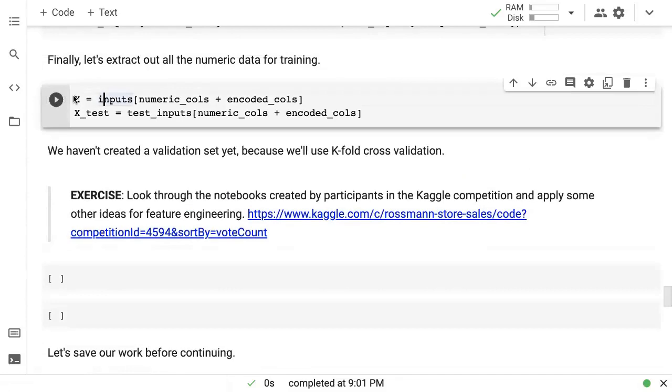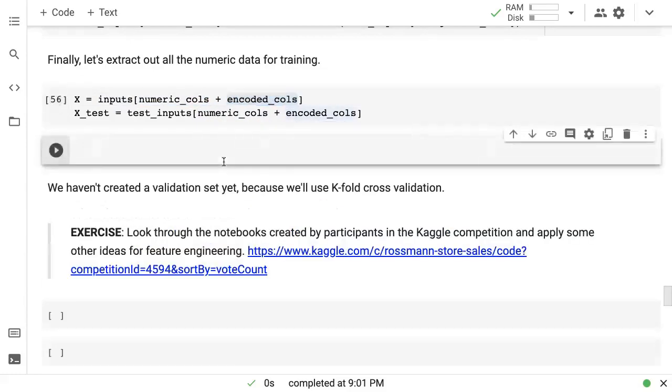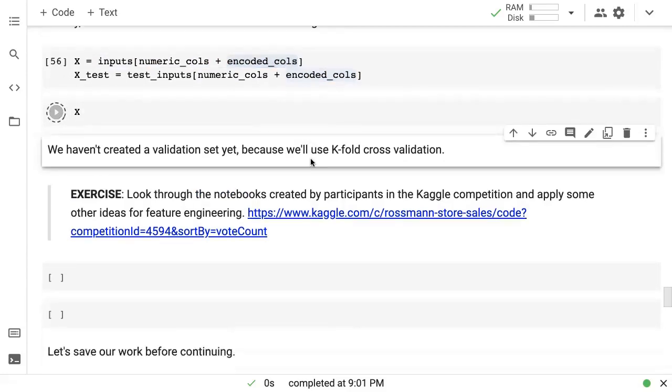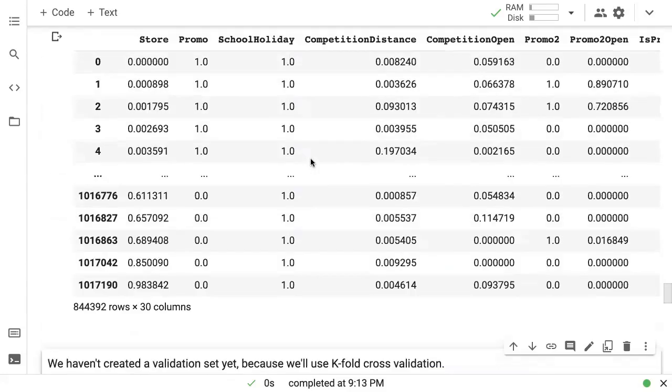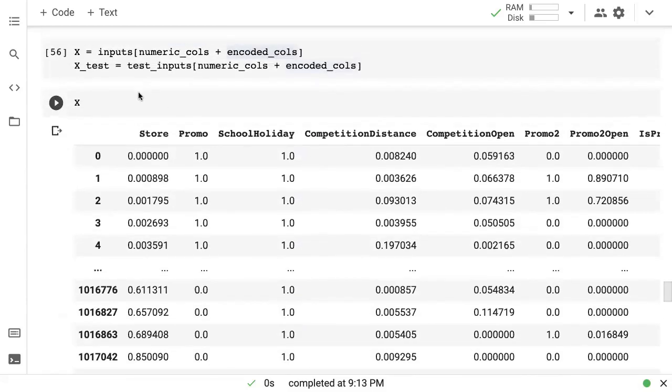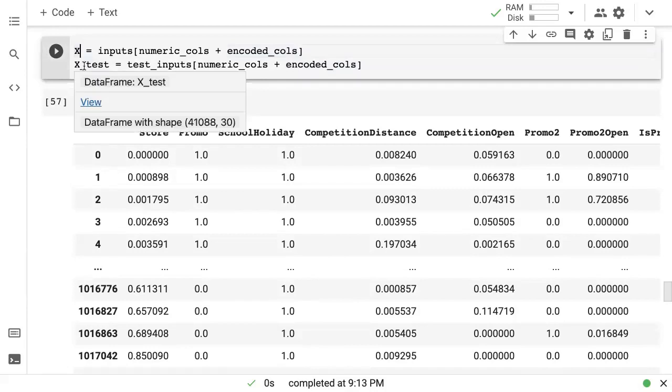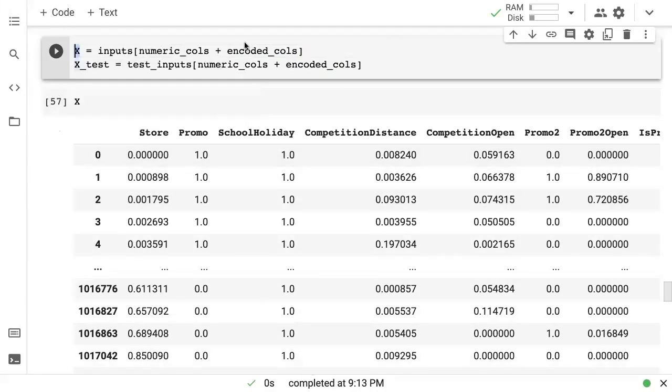And finally, we've put together these 2 variables, X, which contains our training plus validation set essentially. So which contains just the numeric data from the numeric columns and the encoded categorical columns, right? So that is what X is. It contains all the data that can be directly fed into a model. It is all numeric. It has no empty values. And similarly, we have X test, which is just all the inputs that will be used to make predictions for the test set. So that's our X and X test, and X and Y are commonly used to refer to inputs and targets in machine learning. That's why we're using uppercase X and uppercase X test.